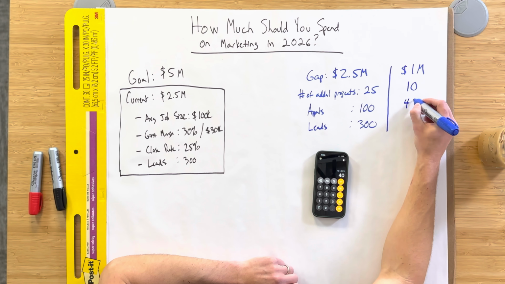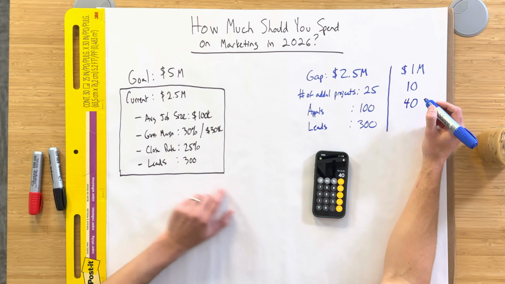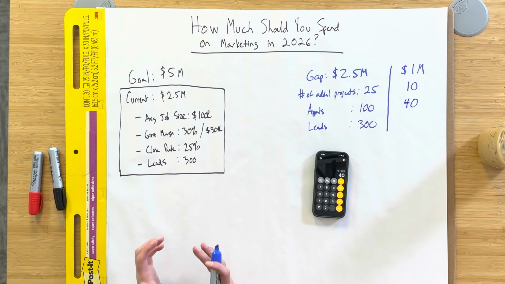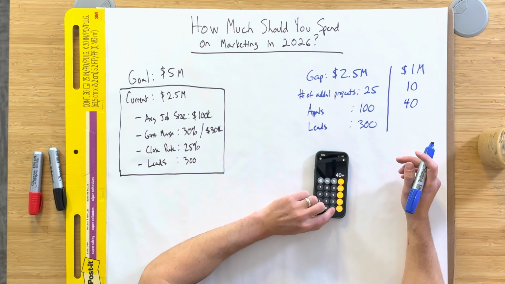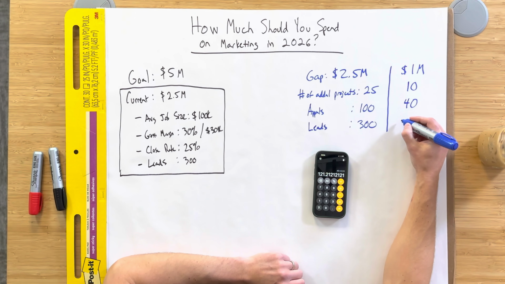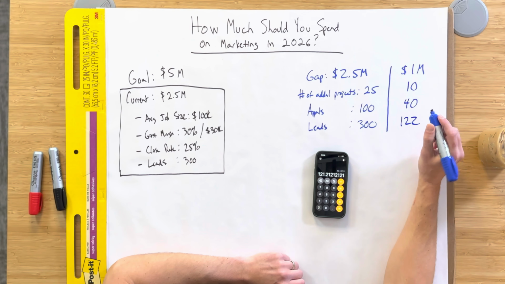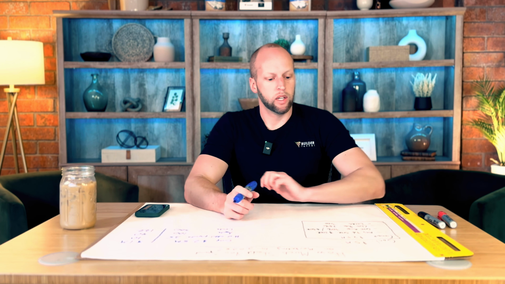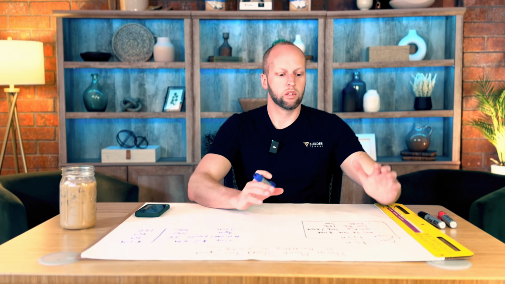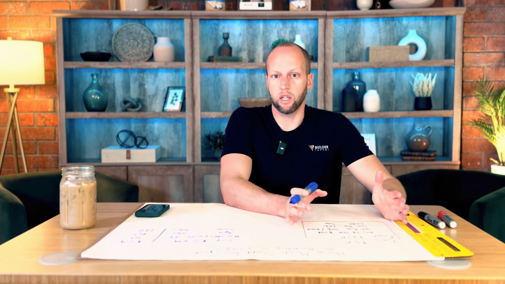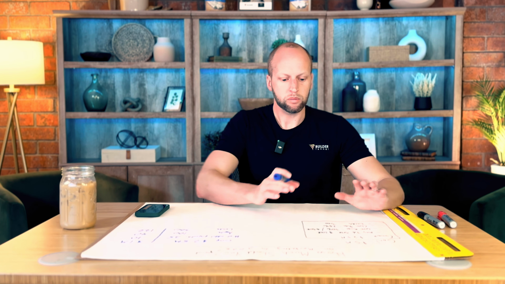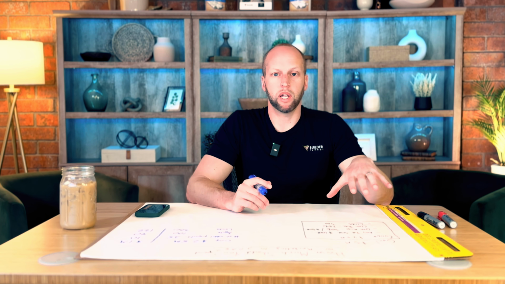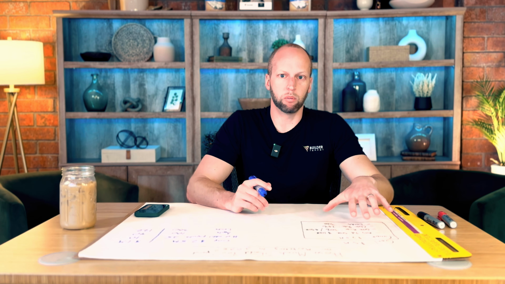That means we need 40 more appointments, and then we have a 33% rate of converting leads to appointments. So we'll divide that out. And so we need about 122 more leads. Okay, so now we know our current state. So our current marketing, whatever you did in the last year, there's a high likelihood that if you repeat that marketing plan, you will get the same result.